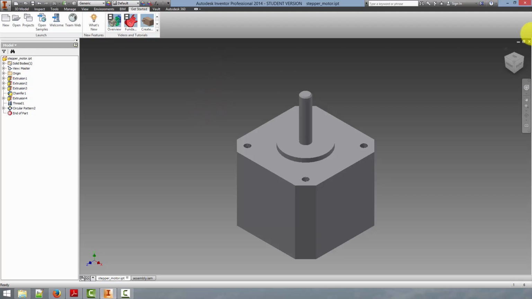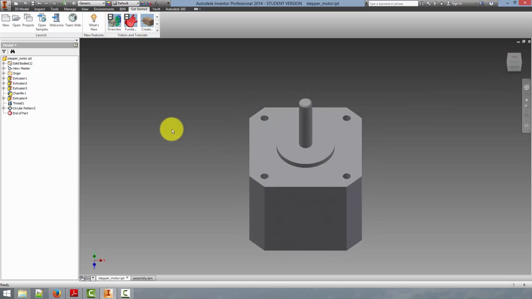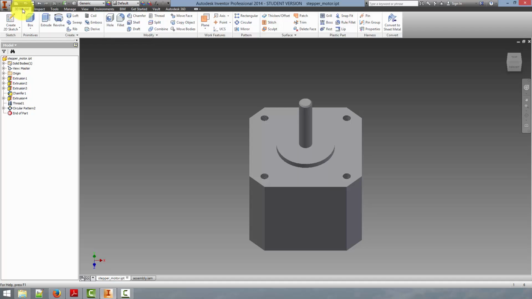So the first thing we're going to look at here is the stepper motor part that I have created. As you can see, it is represented in 3D space, and we have our axis here in the bottom left corner. In the top, we have this ribbon interface. This has several different tabs, and each one explains what the tab does. With the parts, we'll be mostly working with the 3D model tab, but this allows you to create different features